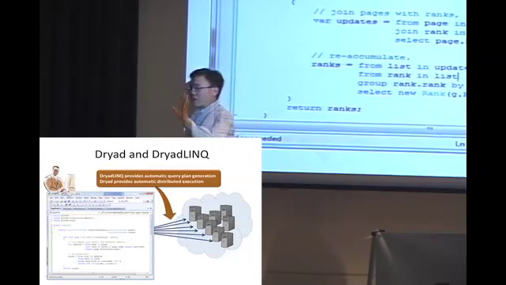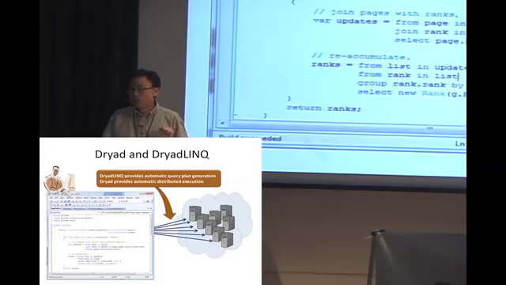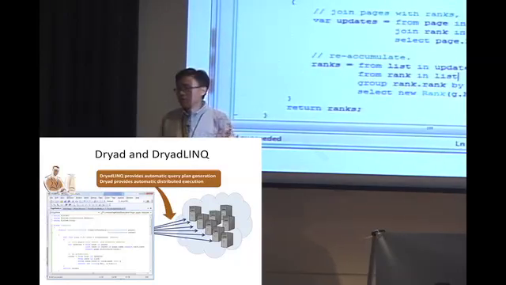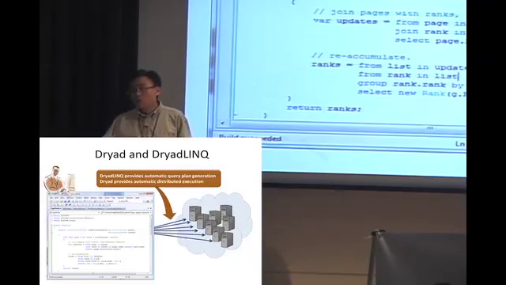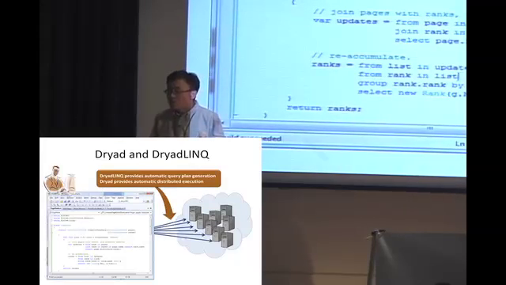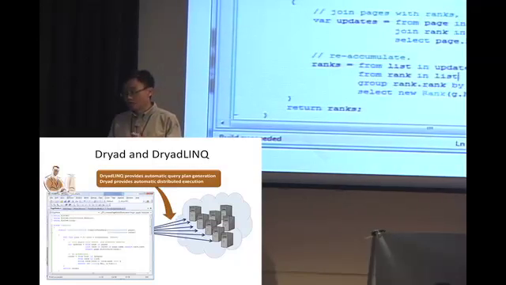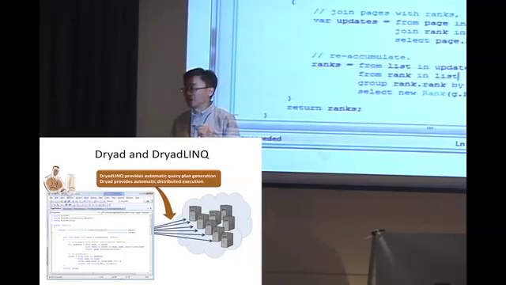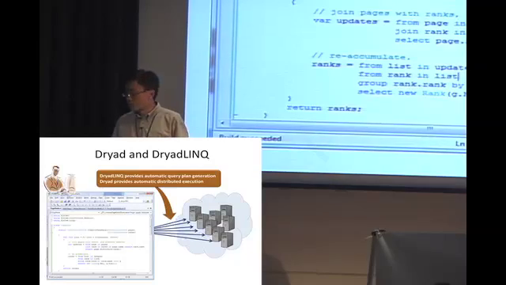Here is a very high-level view of Dryad and DryadLINQ. The developers write and debug their programs using Visual Studio and .NET on a single computer. Running the programs on the cluster is completely automated by the system. DryadLINQ generates a distributed execution plan and ships the plan and the corresponding code to the cluster. And Dryad, which lives in the cluster, takes care of the execution, providing things like fault tolerance and scheduling.